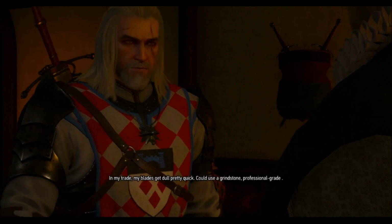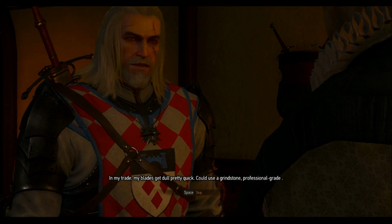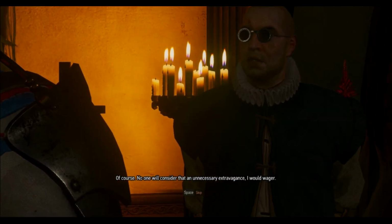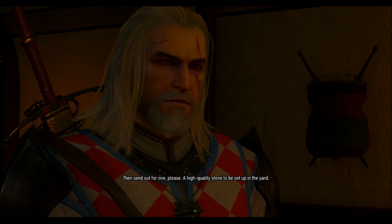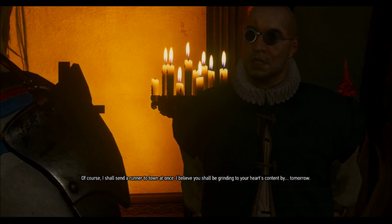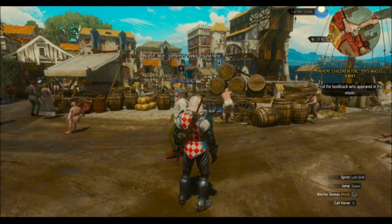In my trade, my blades get dull pretty quick. Could use a grindstone, professional grade. Of course. No one would consider that an unnecessary extravagance. Then send out for one, please. A high-quality stone to be set up in the yard. Of course. I shall send a runner to town at once. I believe you shall be grinding...